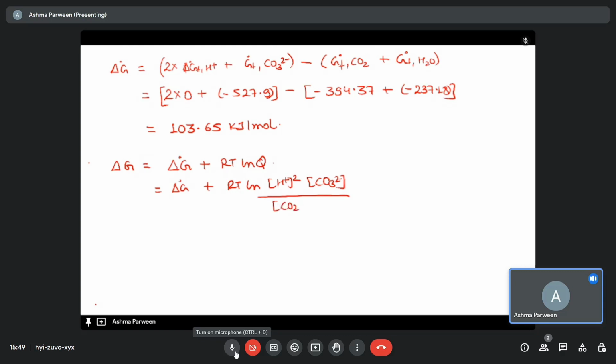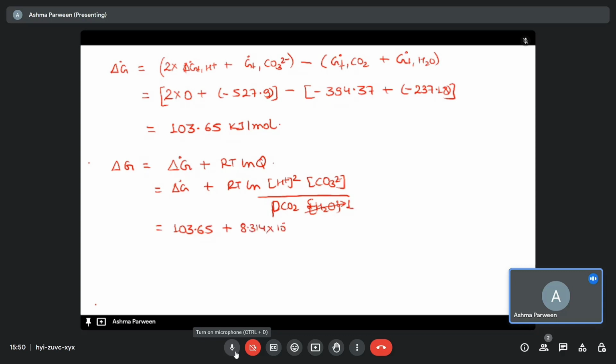Since CO2 is in gaseous form, we will take the partial pressure of CO2, and we know that the activity of H2O is 1. So delta G naught we just calculated as 103.65 kilojoules per mole plus R, which is 8.314